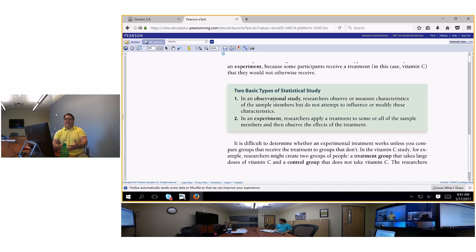That's an observation. Watching a video of sleep apnea. That is an observation. An experiment is when you interject something into the observation. Let's say that whenever a sleep apnea person wakes up, you shock them with electricity and wake them up. All right? That would be an experiment versus an observation.